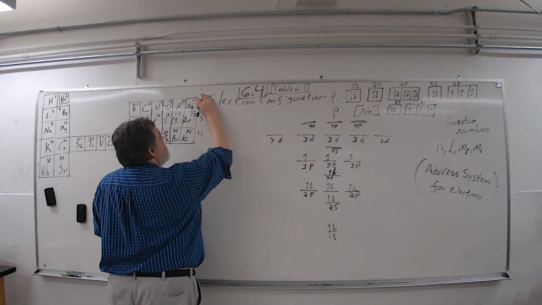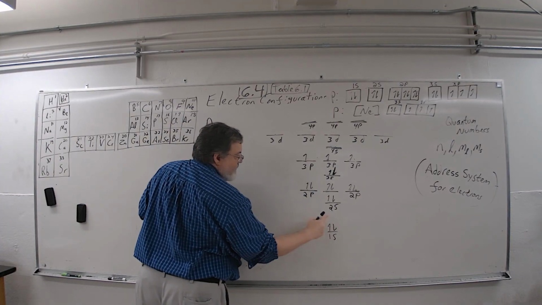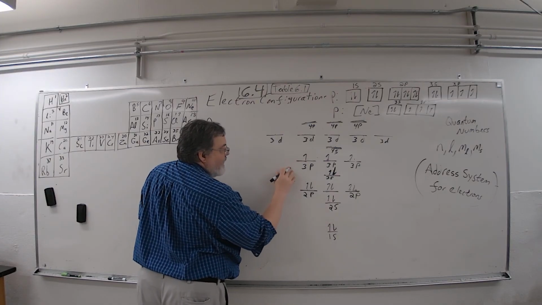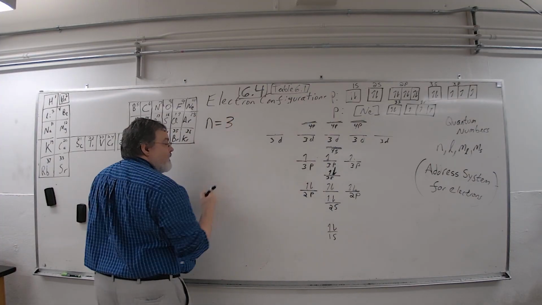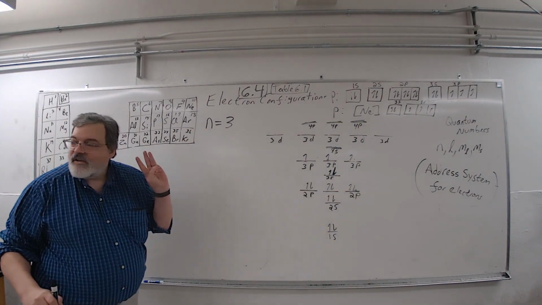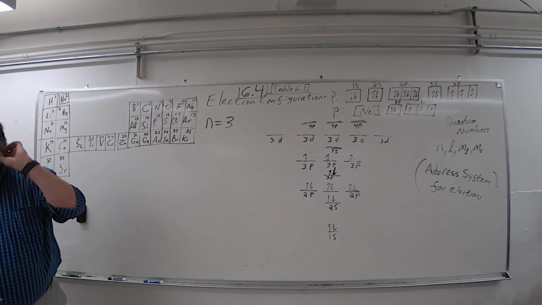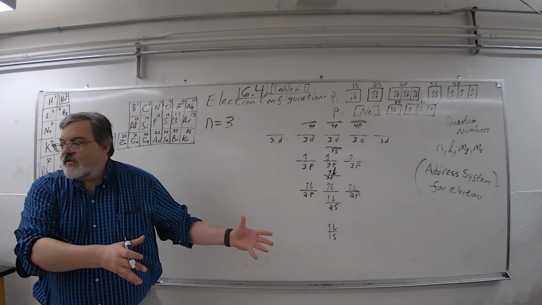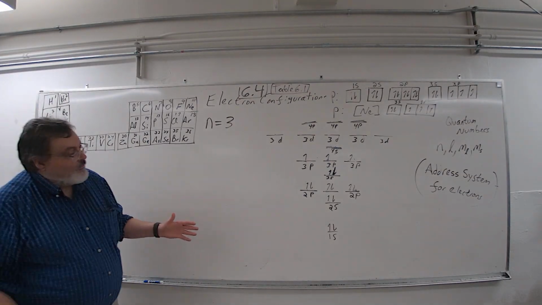And this really isn't hard, it's just not intuitive. The n quantum number is these numbers. So the first shell is 1, the second shell you got 2s, third shell you have 3. And since it's this one I want, the first part of the address is 3. So the n quantum number for this electron is 3. You follow that? It's like if you were writing somebody's address, you start by saying the state, and then the post office knows this goes to this state. And then you might want to break it down next to the city, right? So to break this down further,